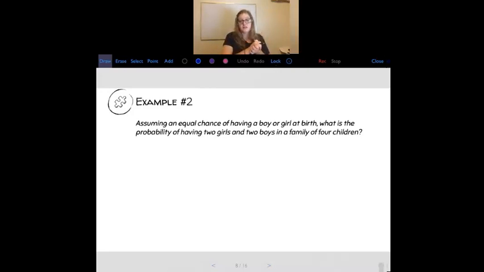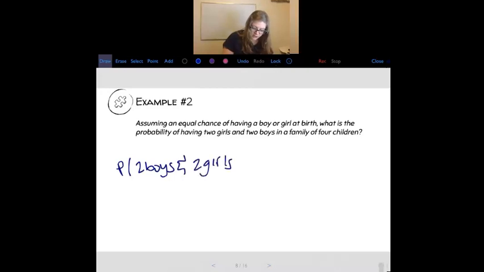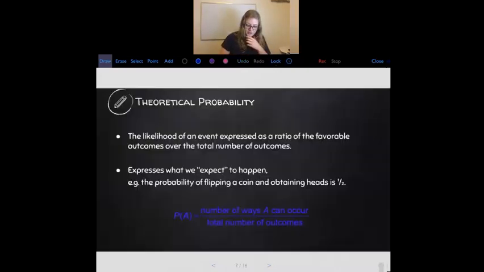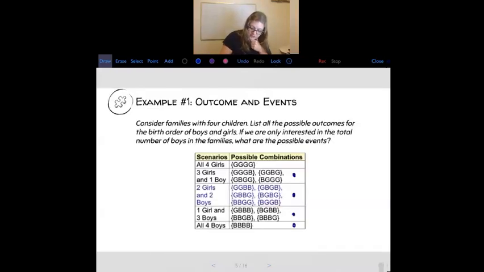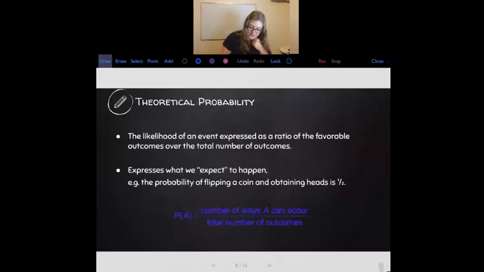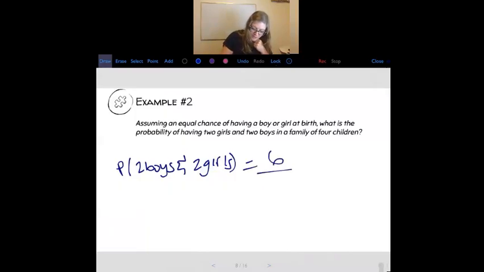So we already talked about the outcomes for this one in the table. So we would write this as P of 2 boys and 2 girls. So this is what we want. And so if we go back to our chart, 2 boys and 2 girls has 1, 2, 3, 4, 5, 6. There's 6 ways that can happen over the total number of outcomes. So 6 over 16, which is 3 over 8, which is